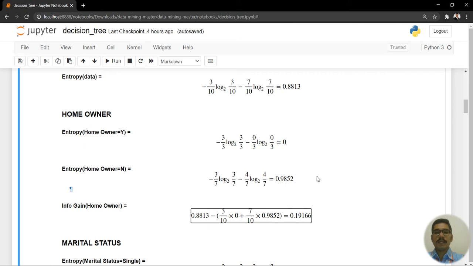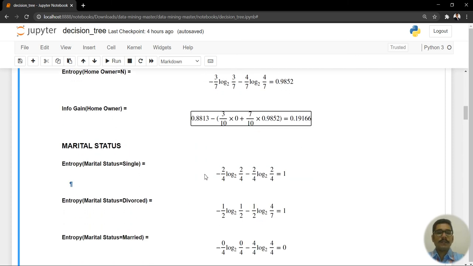Okay. And just keep in mind, the golden rule is that the entropy should be minimum and the information gain should be maximum. It can also be possible that two nodes have the same information gain. In that scenario, it's up to you which you want to proceed with, or you can also keep two decision trees with the same root nodes.